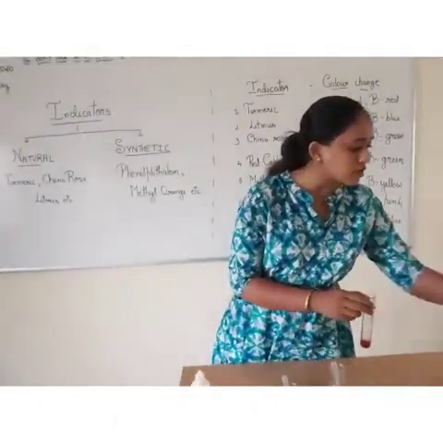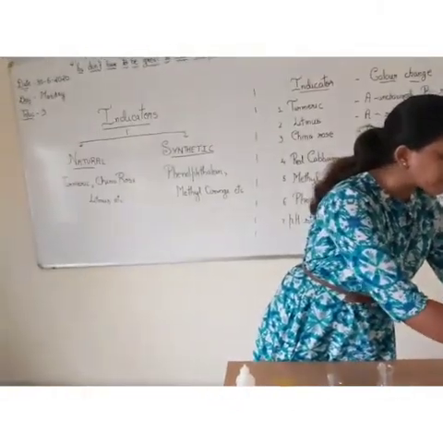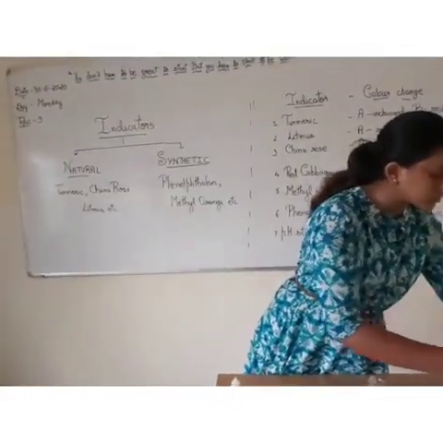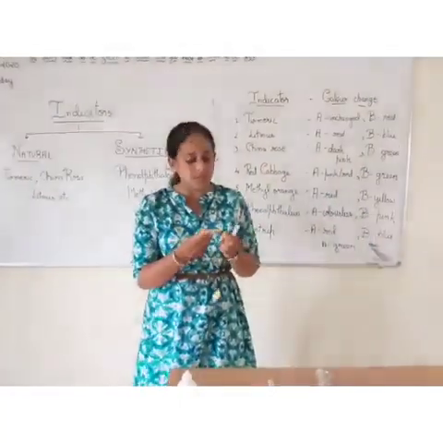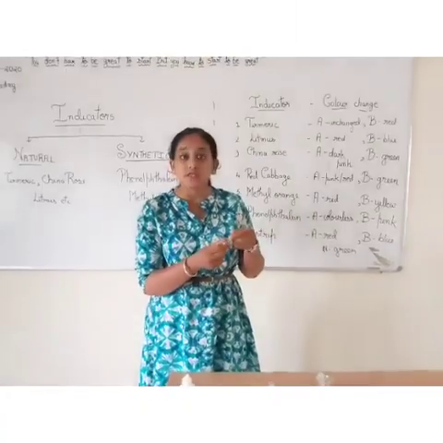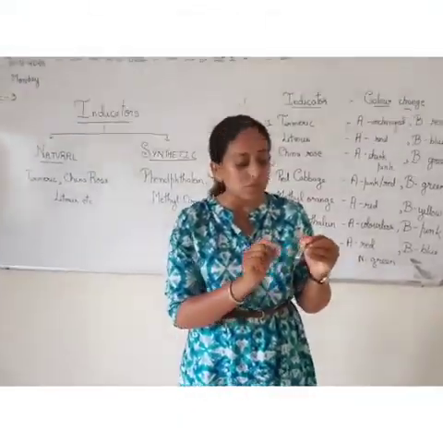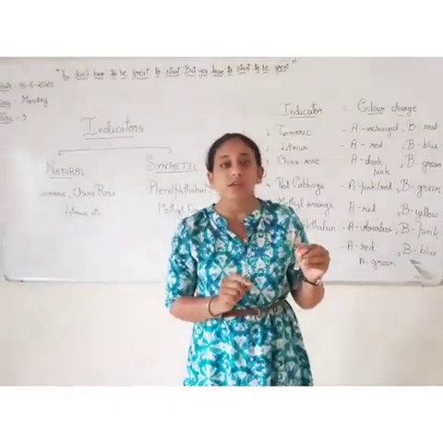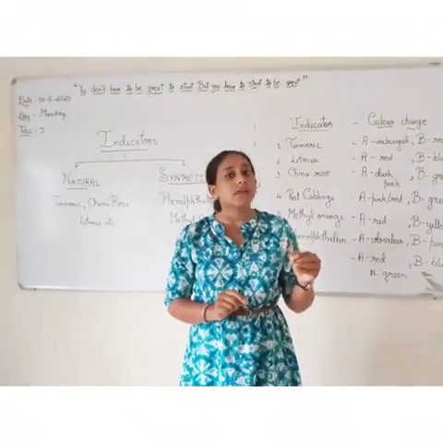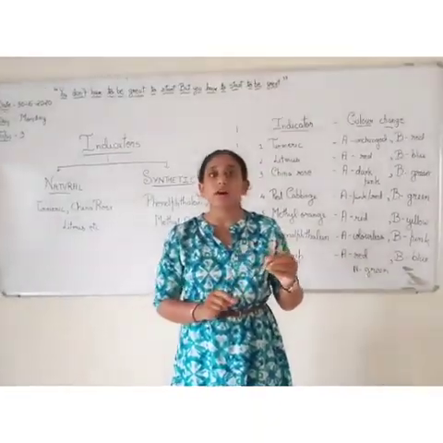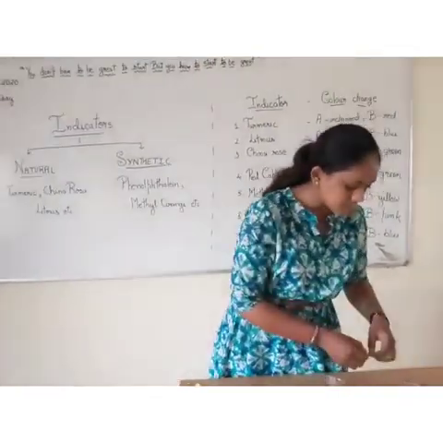We also have a universal indicator which is known as pH strip. This is known as a pH strip, and with the help of the pH strip you are able to identify not only acids but base and neutral also. All the reddish color symbolizes acids, the light blue to the dark blue color symbolizes base, and the green color symbolizes neutral. Let's see the color change.